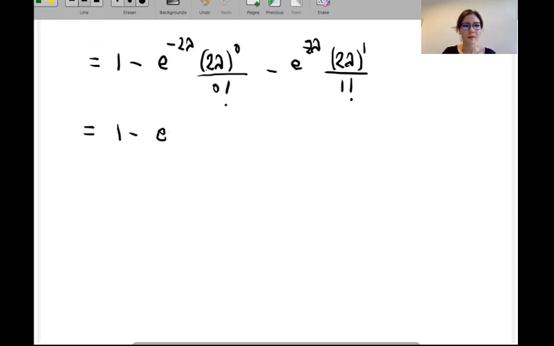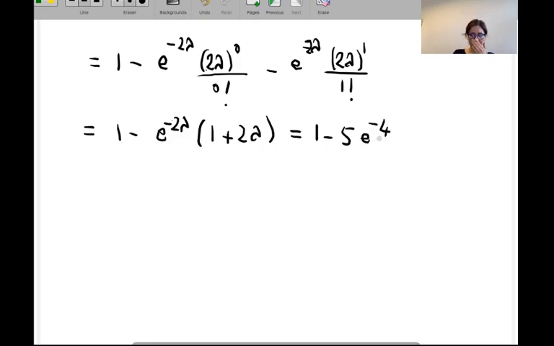Let's rewrite. e to the minus 2 lambda, so this term is going to be 1, this term is going to be 2 lambda, so 1 plus 2 lambda. So if you just plug in the value of lambda here, 2 times 2 plus 1 makes 5, so 1 minus 5 e to the power minus 4. Okay,